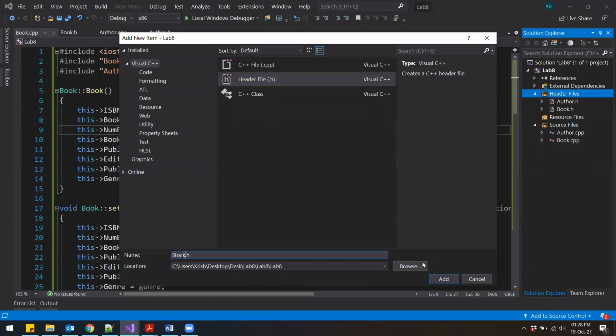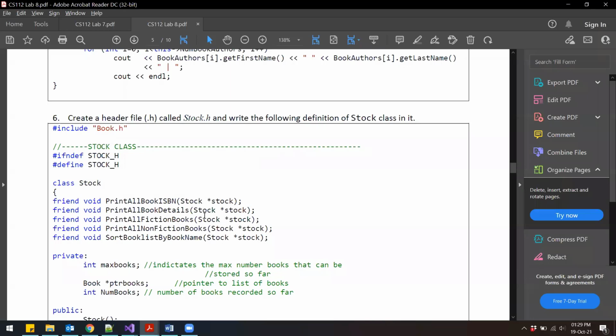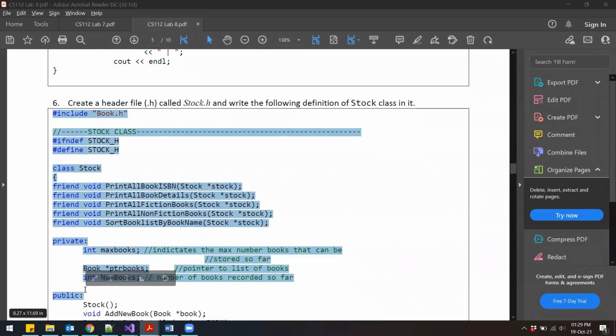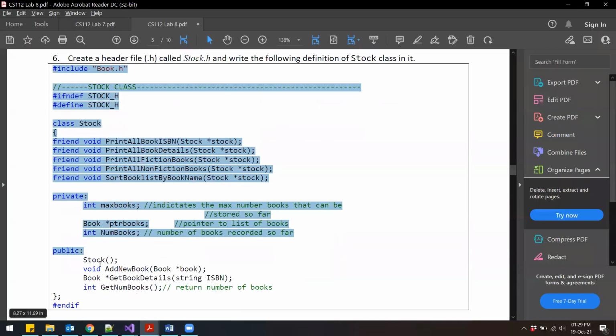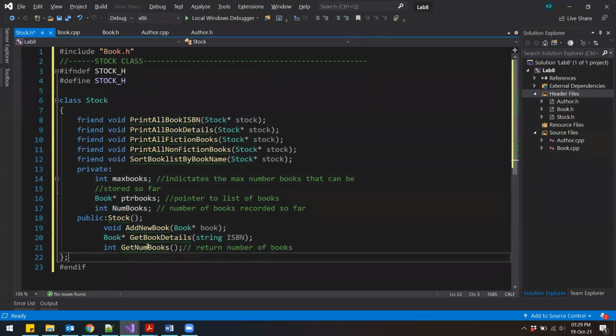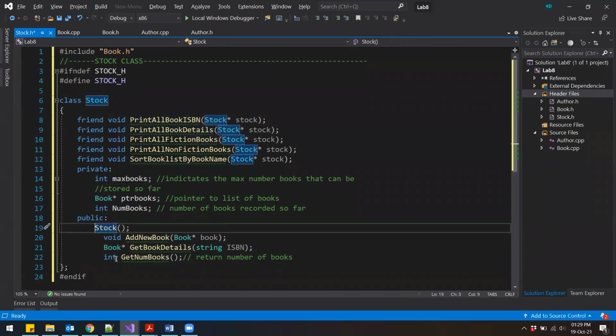Right, add, remove this default line and copy this code and paste in there. Okay, so this is my stock.h file, and you will see that in here we have some friend functions, private and public attributes.